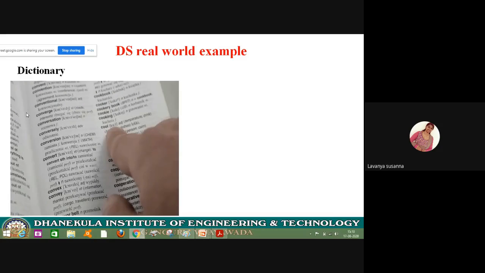Because here in a dictionary it follows some alphabetical order, A to Z. It follows some particular format. Which format? A to Z. So these are arranged in a particular format, alphabetical order, A to Z. You can easily find the words, keywords. In the same way, if data is stored in computer's memory in a particular format, then you can efficiently search the data, or efficiently retrieve the data, or efficiently manage the data. It should be stored in some particular format.